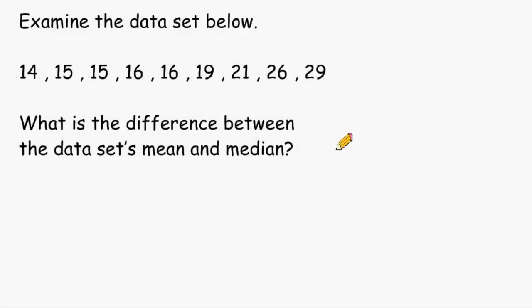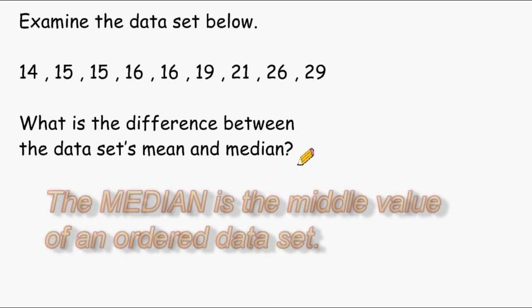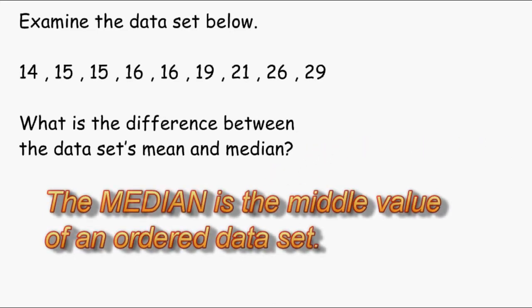In this problem, we have to examine a given data set and figure out the difference between the data set's mean and median. Well, let's start with the median first. The median is just the middle value of a data set, and the median value of this data set is 16. Now we know that it is 16 because if we were to circle this number right here,